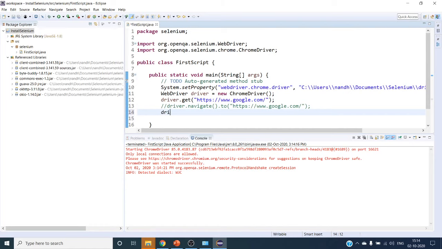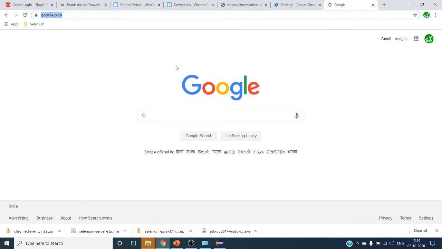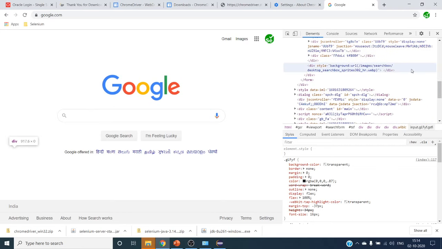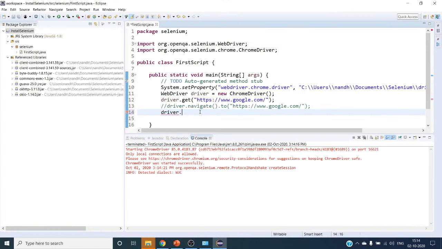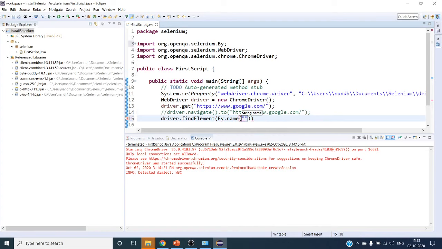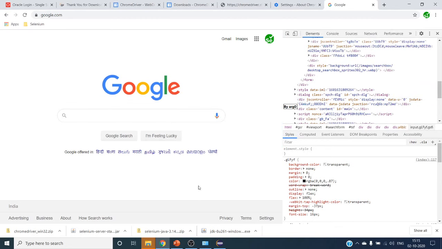And we are going to type in that input text box. Right click on this input, inspect. This is the input with the name q. So we are going to use the same find element by name. The string will be q, because we have seen over here the name is q.